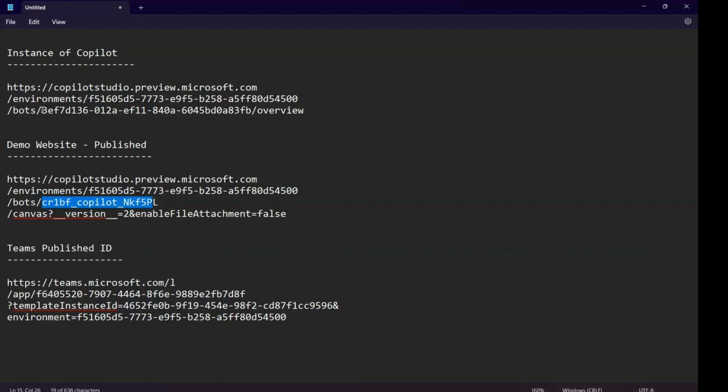For the instance of the Copilot, it uses the bot ID, and for Teams, when you publish into Teams, it makes use of the app registration. So that's it, folks. This is all about making use of different identifiers while publishing or interfacing your Copilot